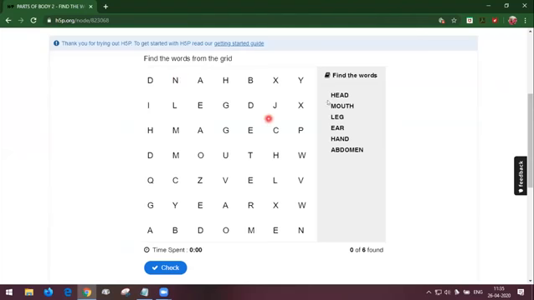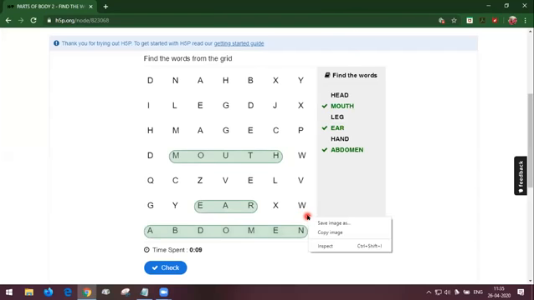So I am going to select the words here, find the word head. It is not mandatory to search in the order given here. We can select whichever is visible to us. Mouth is visible for me, ear is visible for me, and abdomen is visible for me.